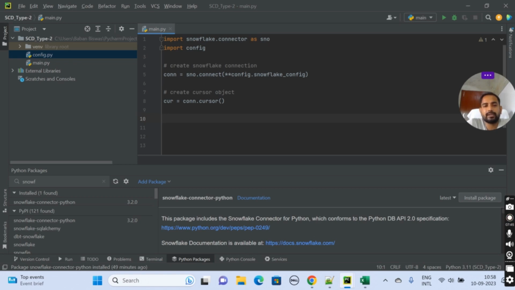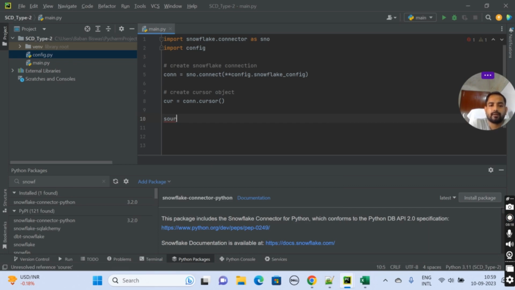Sometimes you can get data from SAP, ECC, BW, Salesforce, Coupa, a lot of different things, or sometimes from an Excel or CSV file which is uploaded into Azure S3, AWS S3 or Azure Blob. So you will get the data in different ways. But as we are not focusing on how to bring the data, we are just trying to focus on how to implement SCD type 2. We'll define some data in a list, and I'll name that list source data.